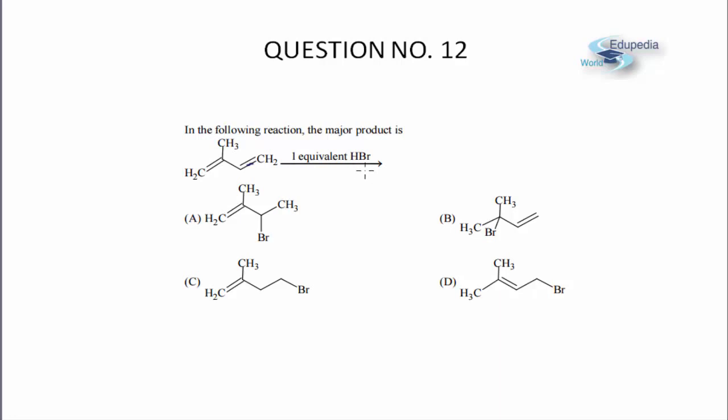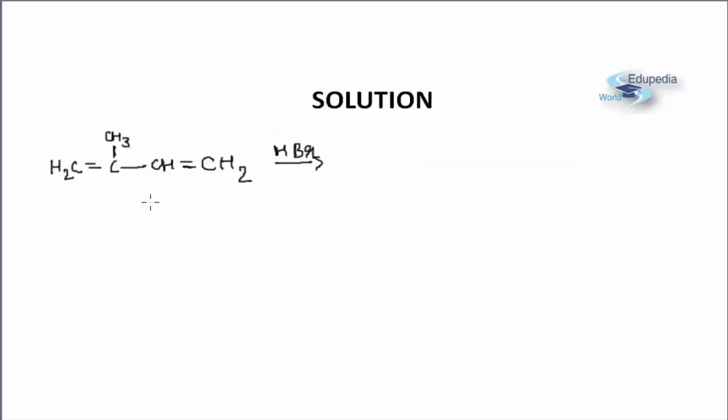Now firstly, on addition of H+ there will be a formation of a carbocation. Let us look at the solution on the next page. So this was the initial alkadiene which we have been given, and the moment I add H+ in the form of HBr, a carbocation will be formed. Fine. So the carbocation which is more stable is formed first. So I will get CH3, C, CH3, and CH=CH2, and here will be a positive charge.